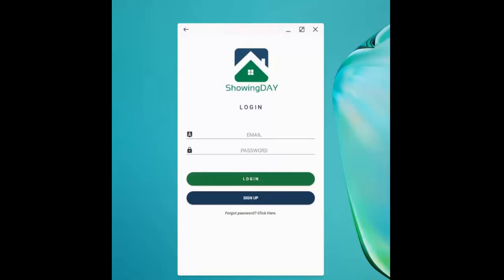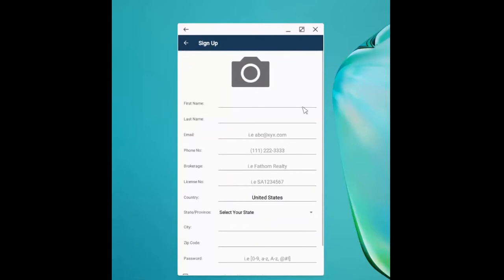After downloading your product from either the Apple Store or the Google Play environment, you can go ahead and download the application. The first thing you're going to need to do once it's installed is open the application and click on Sign Up. Sign Up is going to take you to a screen that looks like this,